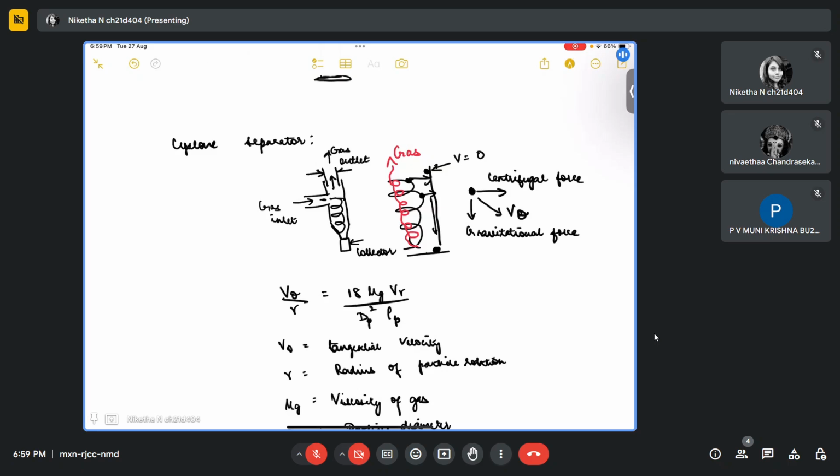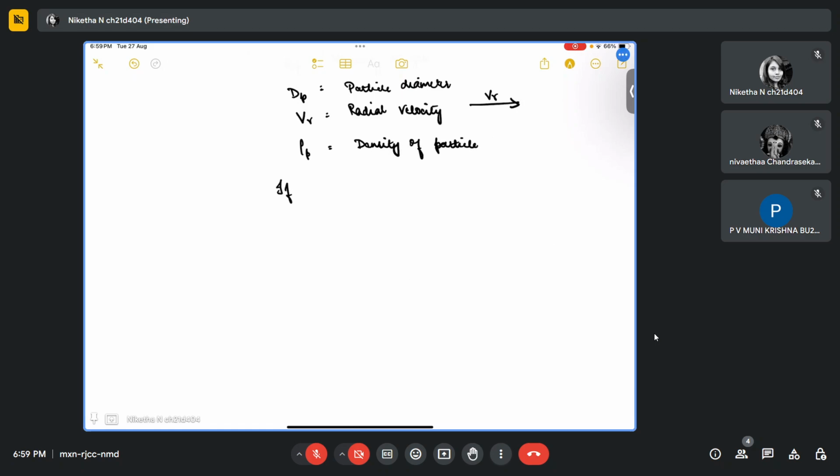So here, like I said, this is the outlet, and if we assume that the outlet diameter is d0, and the particle diameter is dp, sorry, if the radius of the particle is more than 0.2 into d0, then the minimum size of the particle that can be removed using this filter is 3.6 into